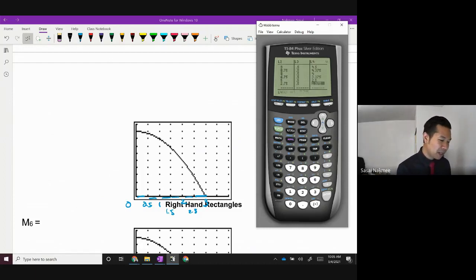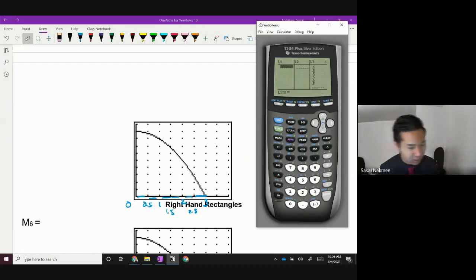I'm going to go in here and clear out all the numbers in my list right now. So just to show you how to do that, we go to L4. Don't press delete. You press delete, you're going to be in a bad time. I press clear, press enter. That clears out all the numbers. I'm going to leave the L3 in there because it looks like all of these widths are still going to be 0.5. So I'm going to leave those widths in there. I'm going to take out L2, though. I'm going to clear out L2. And I'm going to go over here and clear out L1. L1 I'm going to clear out as well because L1 is not going to start at 0.